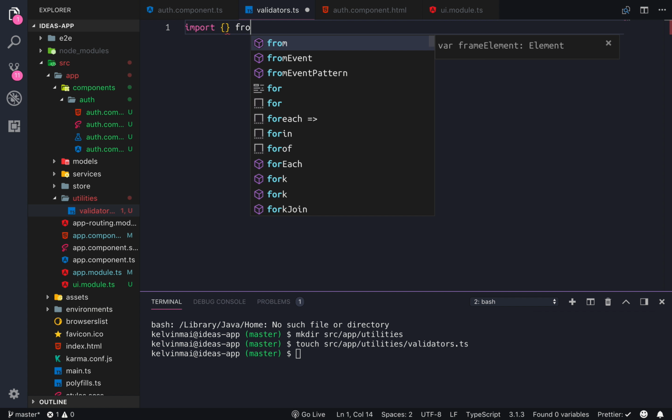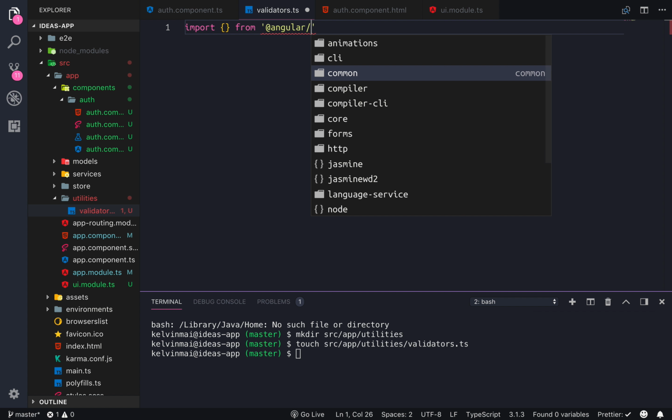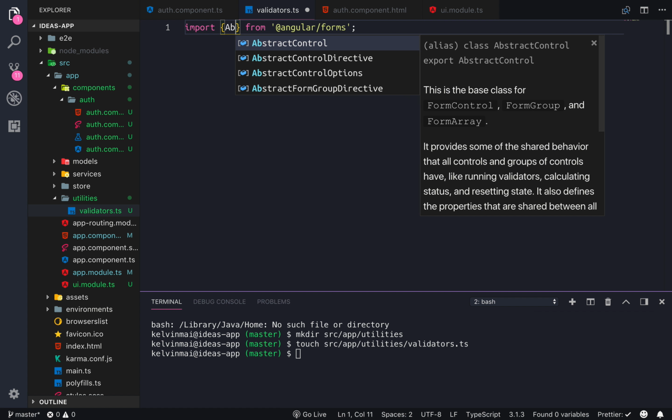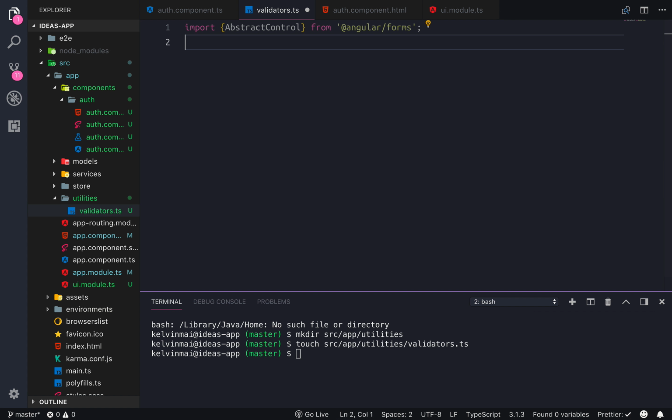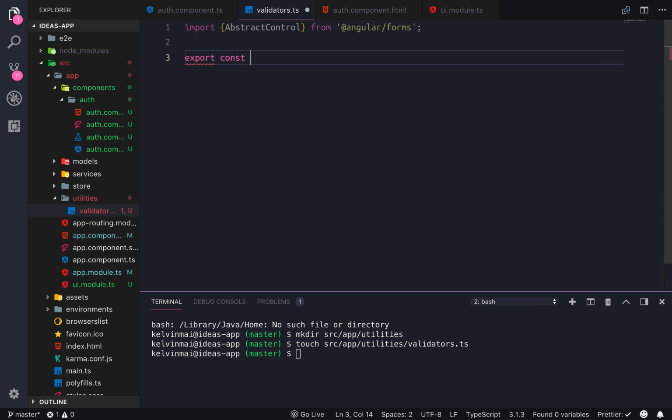So we're gonna import from @angular/forms, and this is gonna be AbstractControl, which is just a type. But we're gonna export the function validateWhitespace,